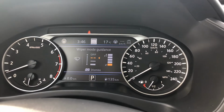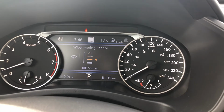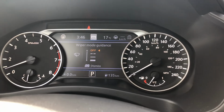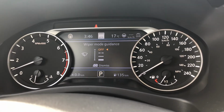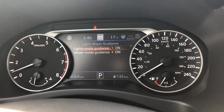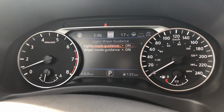If we turn the wipers on, it is going to show me what speeds and what we're doing with wipers. I think that's freaking awesome. But if you don't like that, if it annoys you, you can turn it off. Now you know what I know. It took me a little bit to figure that out, but I'm super happy I did, and I hope it